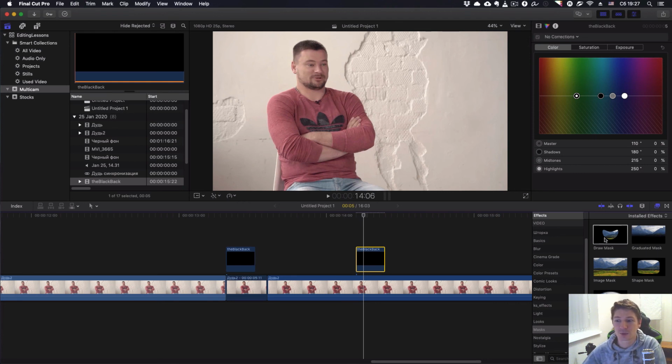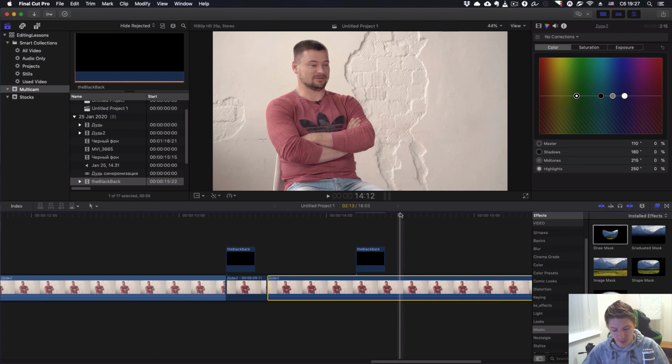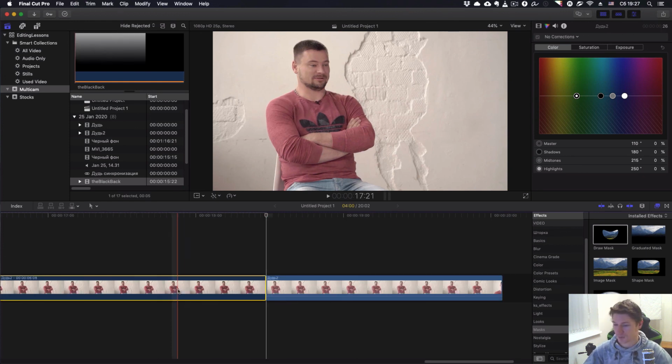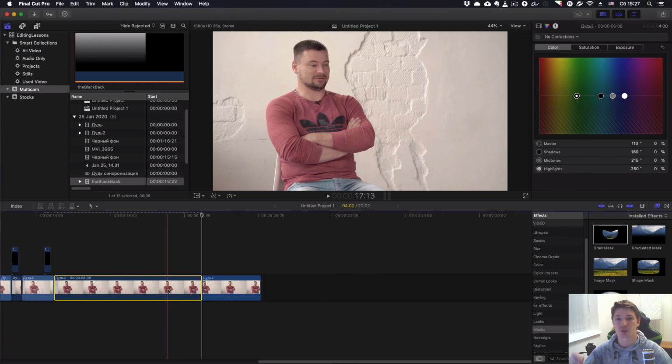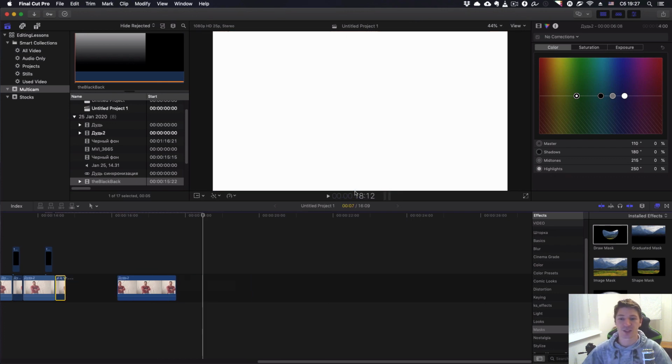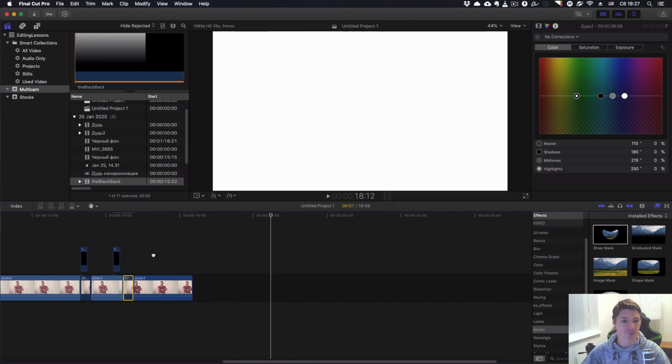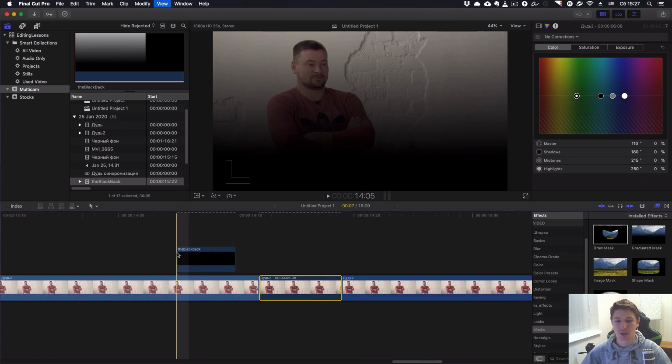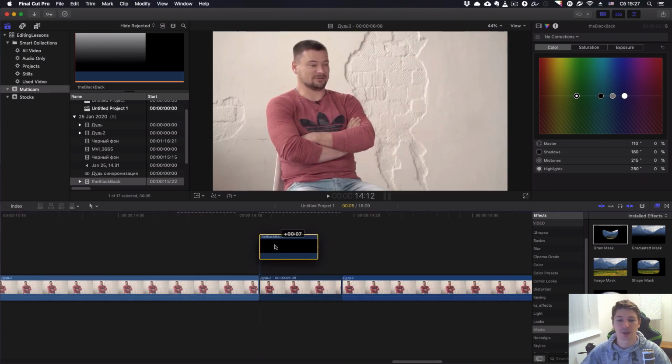You need to draw around this thing, and then, if you want, you can make a freeze frame by pressing Option F. Then you need to change the duration of this clip by pressing Ctrl D. Then you enter the amount of frames, for example 7 frames, and then you put this footage above